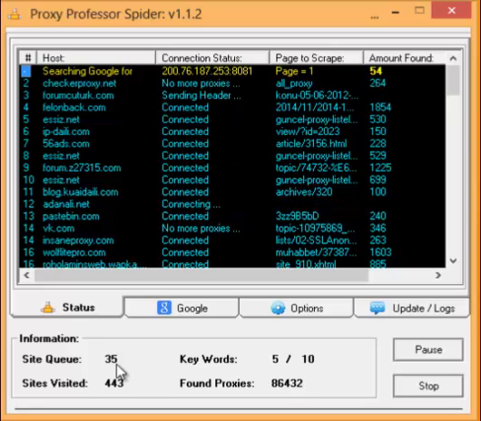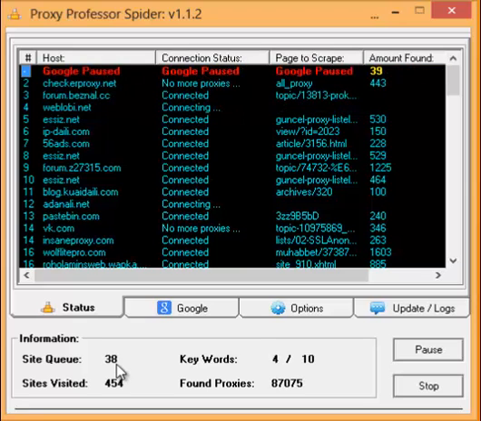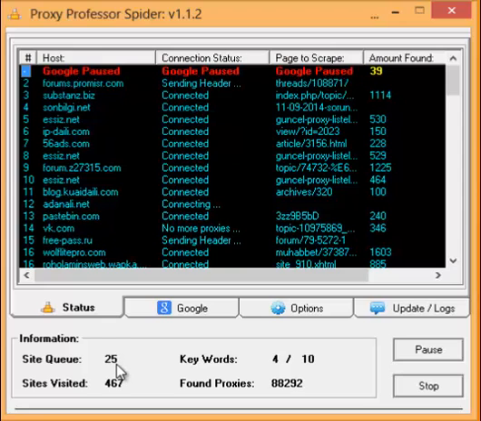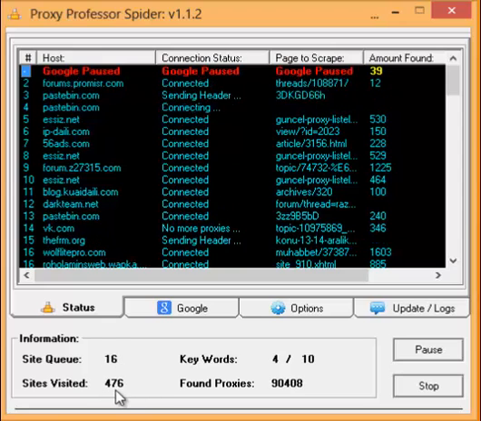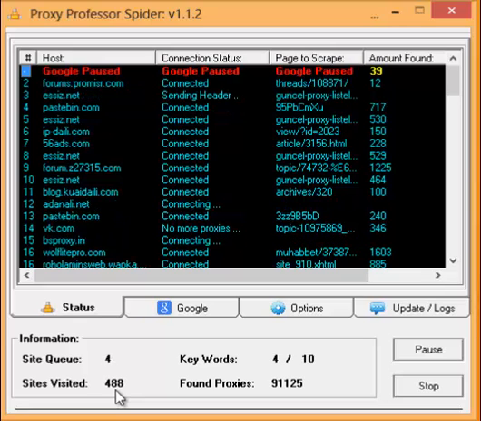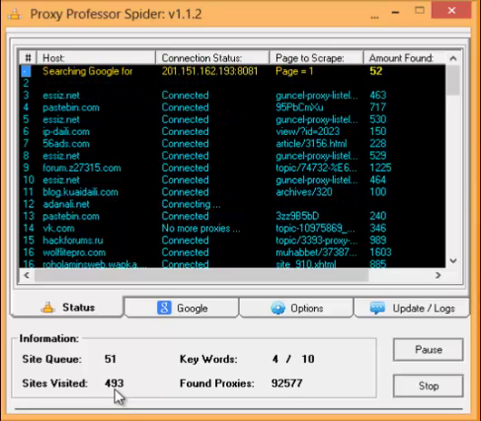That's a deduped list, by the way. So every time it finds a link on Google, it will dedupe it from the previous link, so you don't just keep hitting the same sites over and over and wasting your time. Sites visited, I think that's pretty self-explanatory. That's how many sites it actually went to so far. So imagine, if you will, how long would it take you personally to go to 511 sites and manually scrape